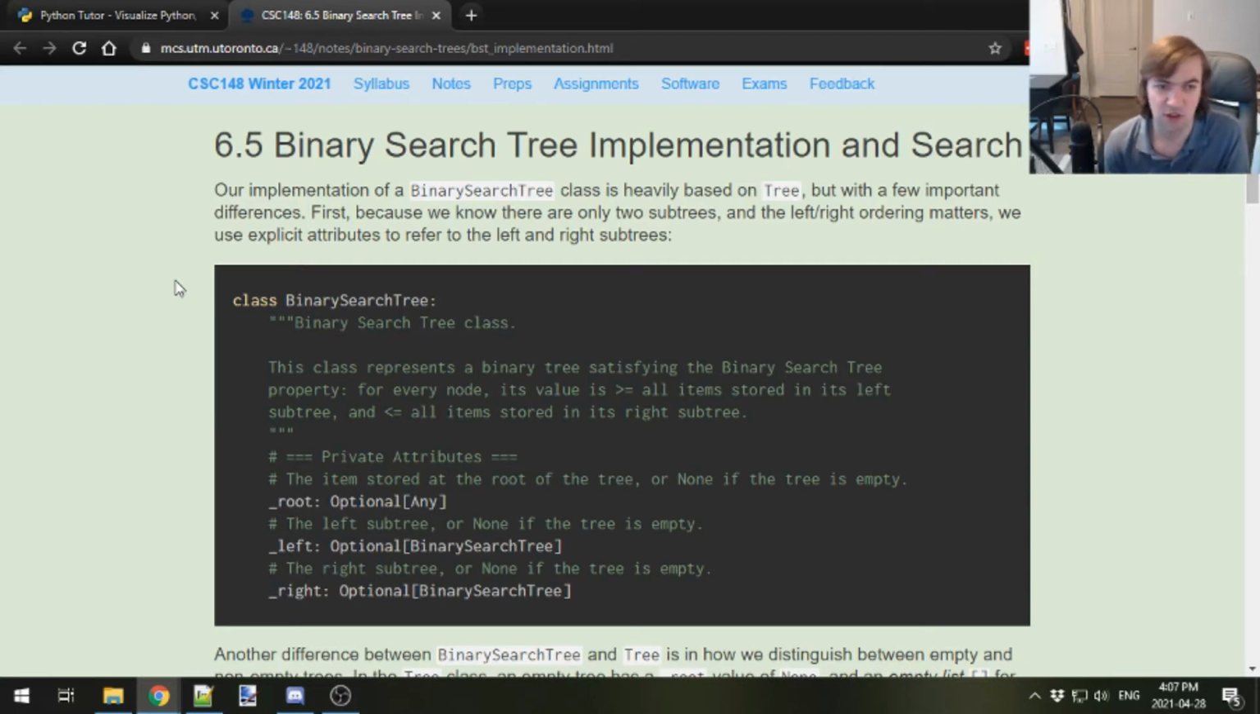Now, the way that we're going to implement binary search tree is really heavily based on just a normal tree, but there are a few very important differences. Firstly, since we know that there are only two subtrees and the left-right ordering makes a big difference, we're going to explicitly refer to these two subtrees. We're not going to use a list and just say whatever, who cares about the structure of it. We're going to specifically have a left subtree and a right subtree, each of which is also a binary search